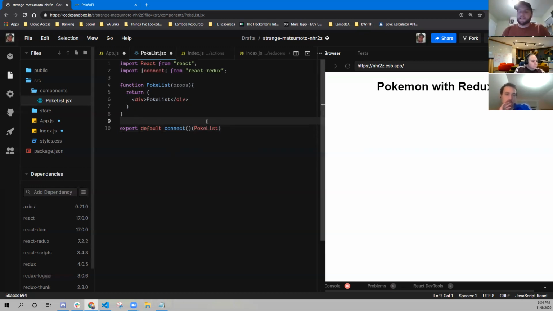The first one's going to be your map state to props. So I'm going to make that functionality const map state to props. You can name this whatever you want to name it. A lot of times I make it MSTP, and then it does the same thing, right? And then this gets one parameter because this is a function, and that parameter is going to be state. And then this is going to return to you